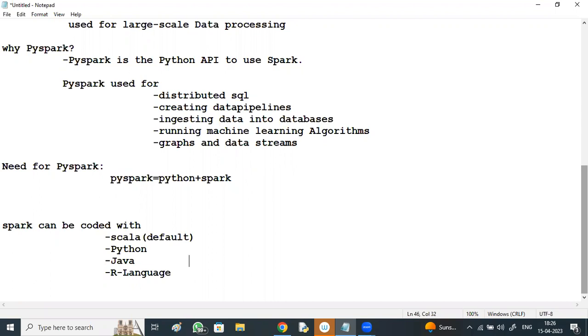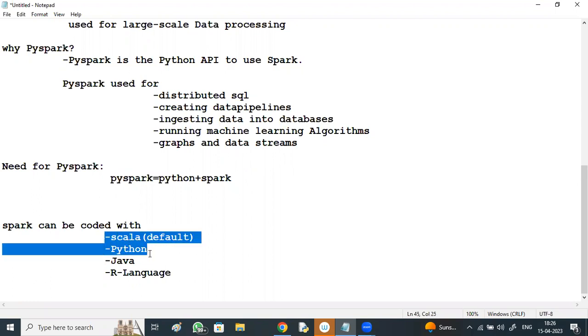But for Spark, mostly these two languages are preferred, Scala or Python, for implementing Spark. Previously, around 2016, 17, 18, 19, 70% to 80% used Scala and only 20% used Python.